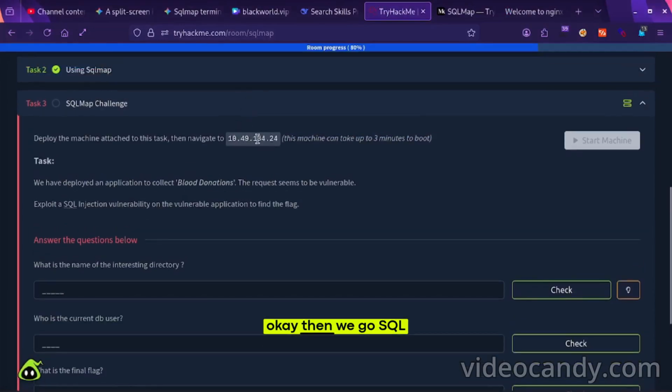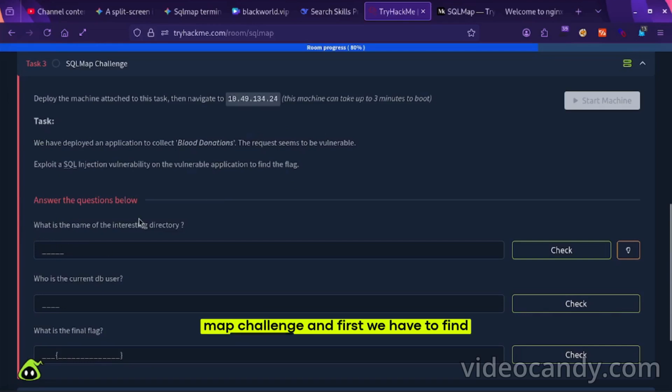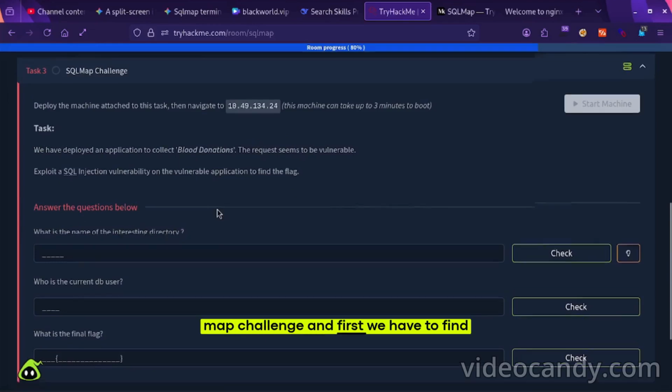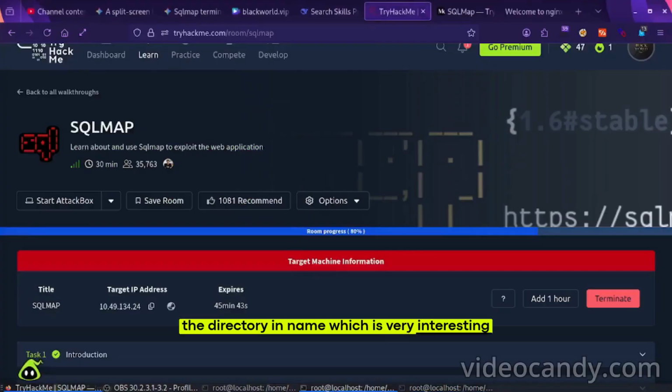Okay, then go to the SQLmap challenge, and first we have to find the directory name, which is very interesting.